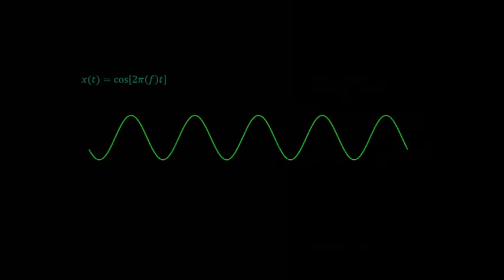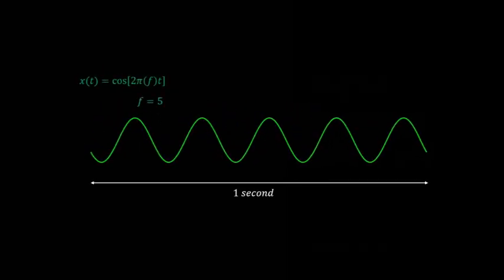In this example, we will be sampling a continuous sinusoid. Shown in green is a portion of it, 1 second, with a frequency of 5 Hz. As we collect samples, we will be indexing them with the notation n. We start at n equals to 0 as it makes sense to believe that the signals that we're collecting from